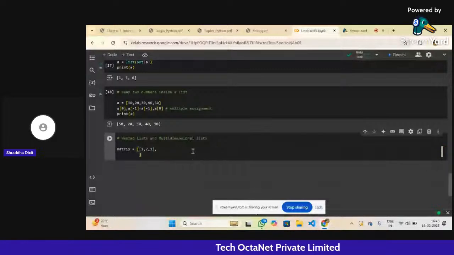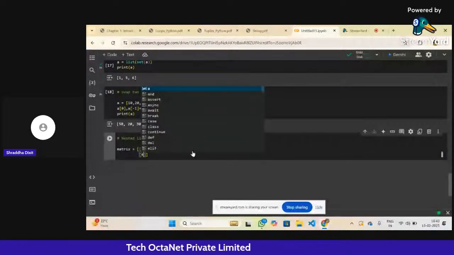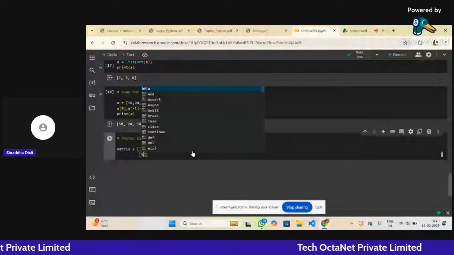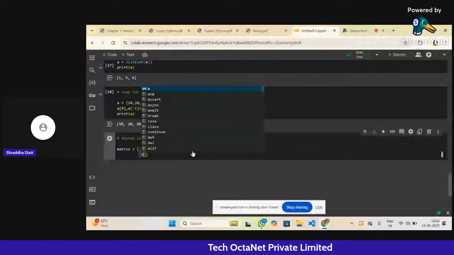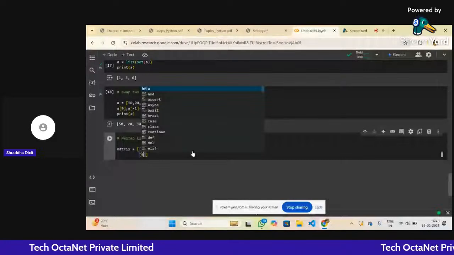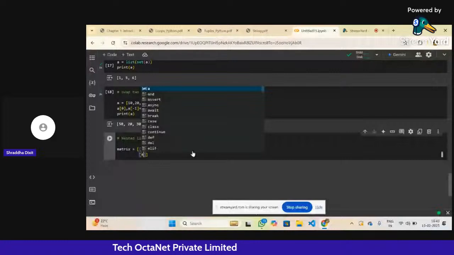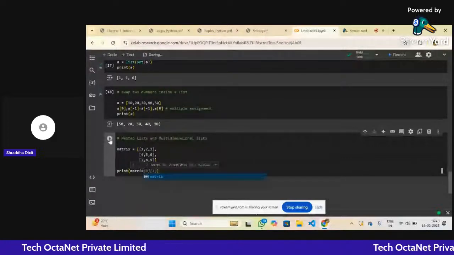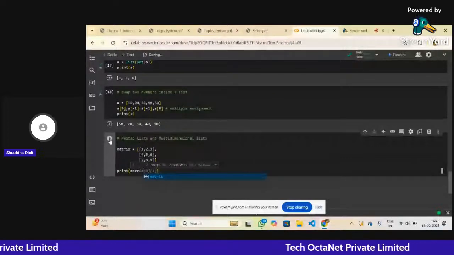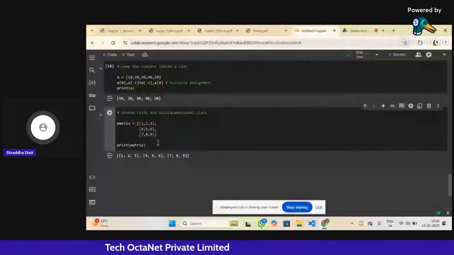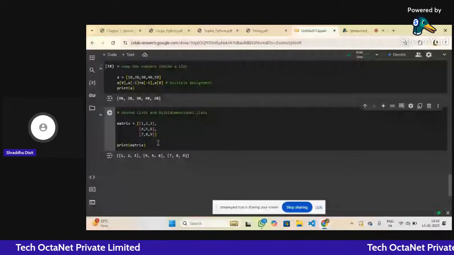4, 5, 1, 6. Okay, let's print. Okay, so it has printed our list. To make you more familiar with how you can access a particular element,